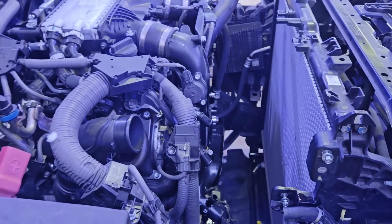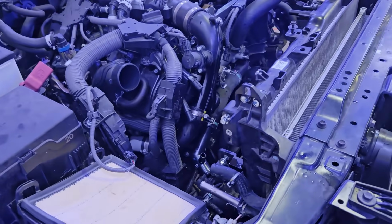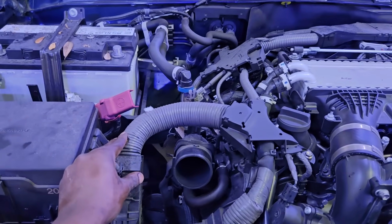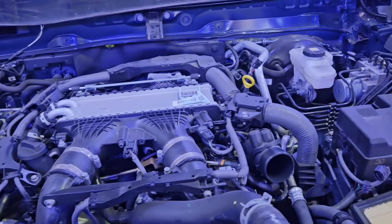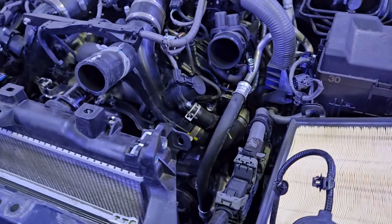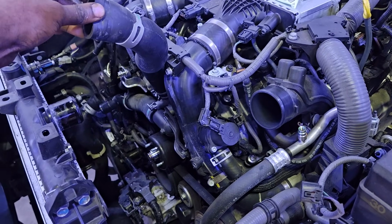I got the fan clutch out, the air box on both banks removed. Now I'm gonna start making my way to remove the harnesses that are connected to the fuse block. I just want to lay them on top of the engine because that's the only way you're gonna pull the